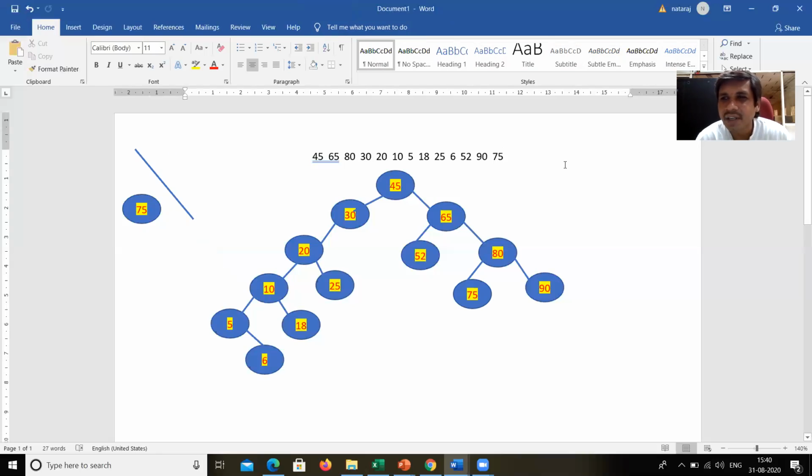Such a simple technique it is. Okay, but very important for your examination, especially the program on binary search tree. The way you insert an element into a tree, the way you delete an element from a tree, the way you traverse the elements that are present in the tree. This is a bit complex, which we will see in the next classes. So in this class, only how to construct a binary search tree.